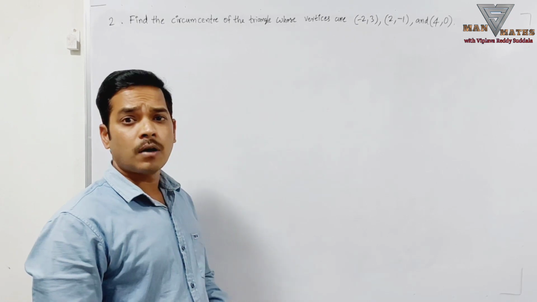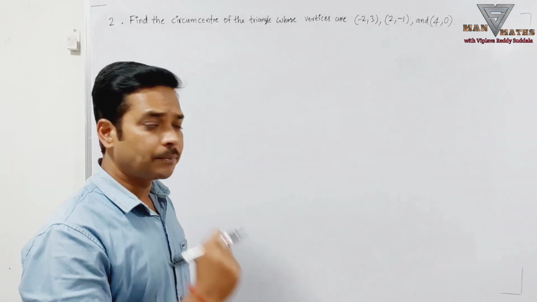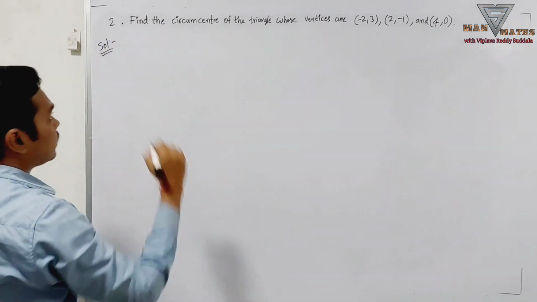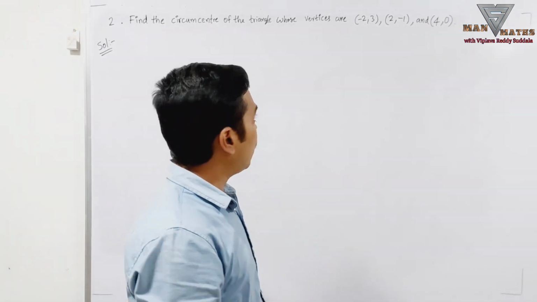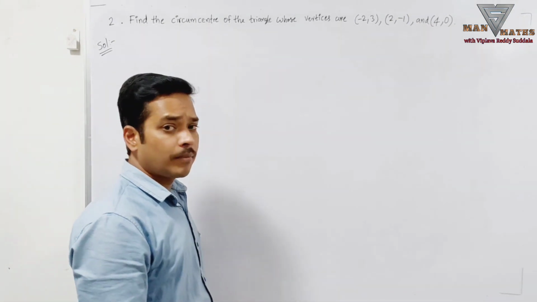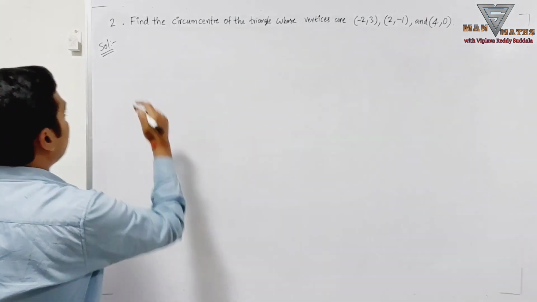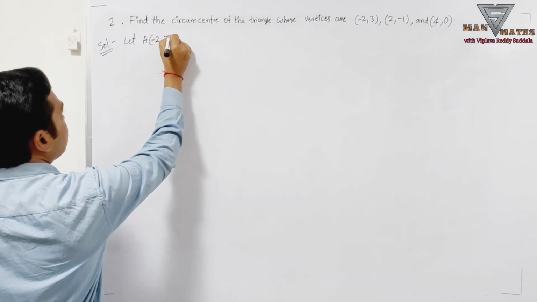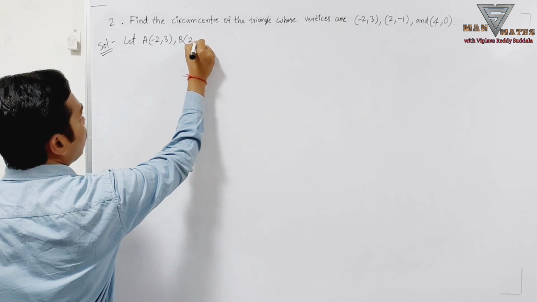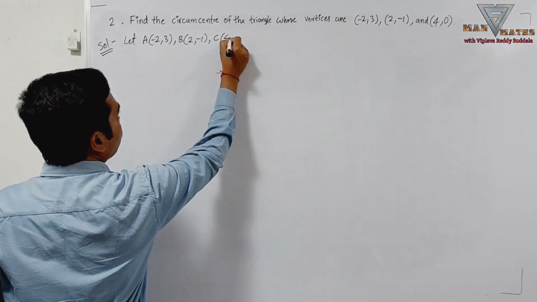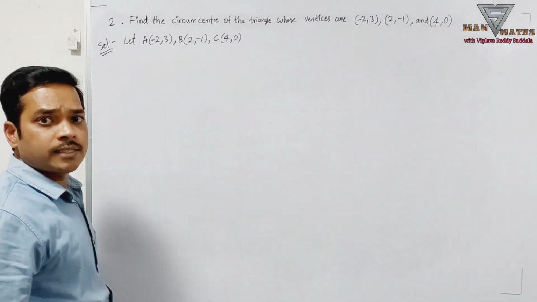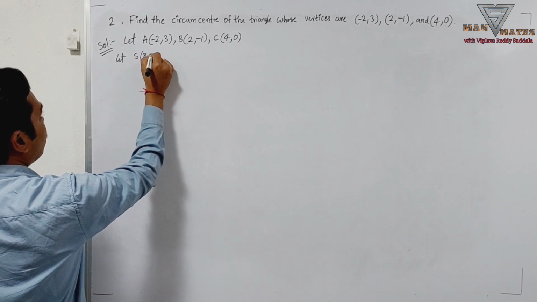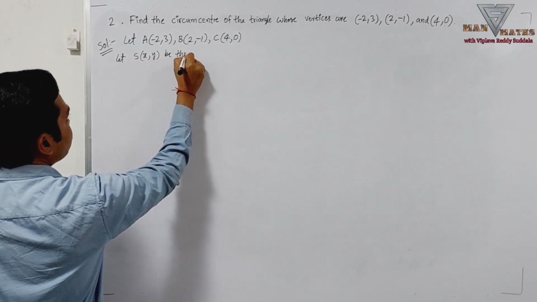Now, second problem on circumcenter by using the second method. The given problem is: find the circumcenter of the triangle whose vertices are (-2, 3), (2, -1) and (4, 0). Let's consider A(-2, 3), B(2, -1) and C(4, 0) are the three vertices of the triangle, and let S(x, y) be the circumcenter